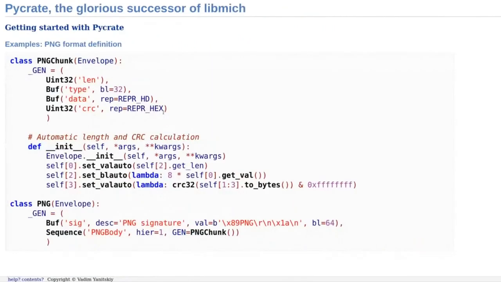So this is a simplified example of the PNG format, where you also have some kind of header with some signature, some magic bytes in the beginning. This is represented by the buff in the PNG class. And then you have a sequence of chunks. So it's basically a repeating sequence of elements that's declared here as PNG chunk. And here you have some interesting magic happening, because one of the